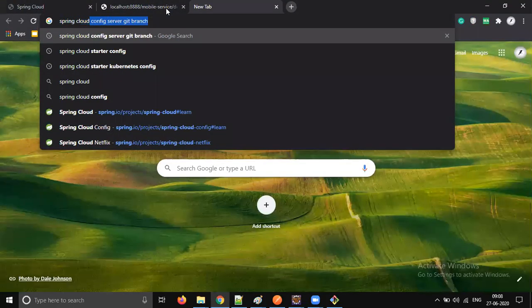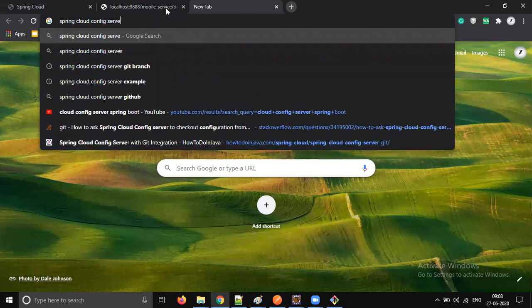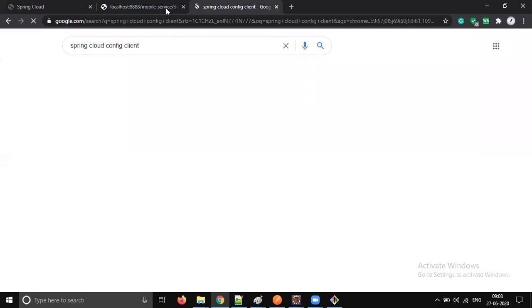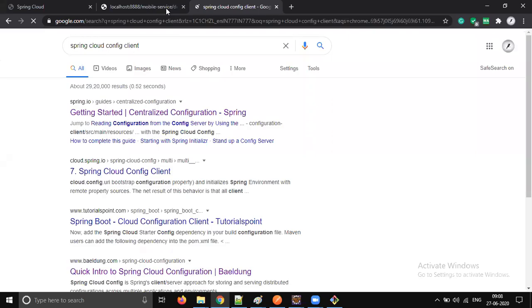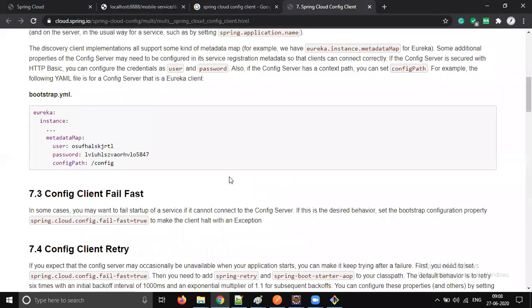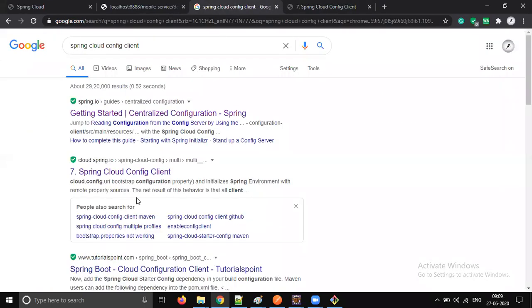Okay, fine. Let's get that exact string. So the string cloud config client. There is form.xml things down here.